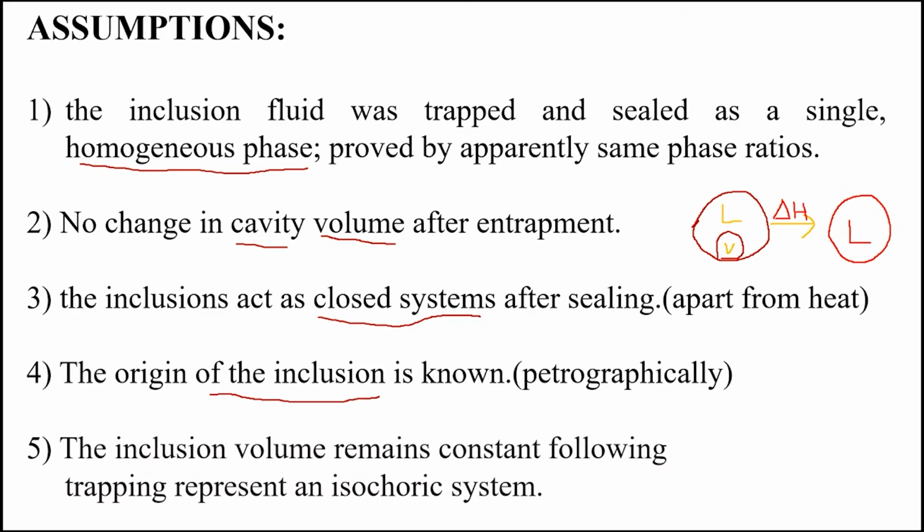So as we discussed in the second point, there is no change in volume. So we can say that there will be no effect of pressure, or whether there is some pressure but there is no effect of pressure. So we can call them an isochoric system. How can we say that? Because there is no change in volume. If there is no change in volume, what will be the effect of pressure? Whatever may be the pressure, we can know it by studying thermobarometry, but we can also neglect it.